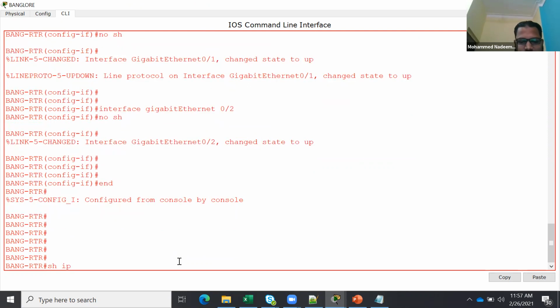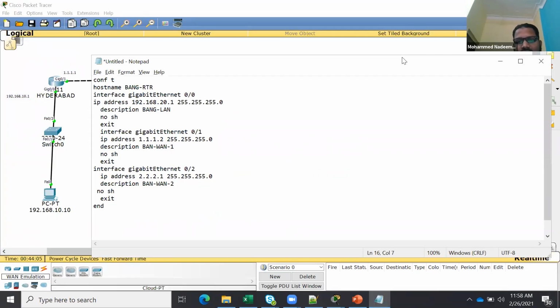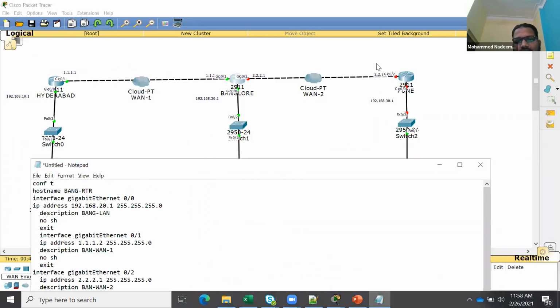If I go and check show ip route, can you see it is showing two networks, 192.168.20.0, which is nothing but the Bangalore LAN, and this is WAN 1. I don't have WAN 2. Why? Because this side it is not yet configured, right? So this network is up, Hyderabad and Bangalore.